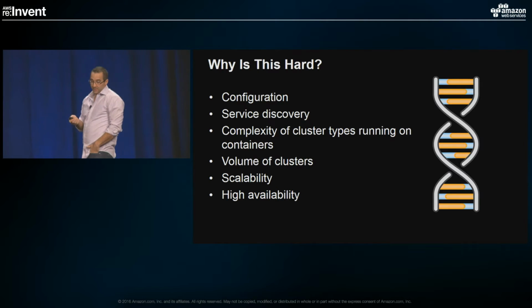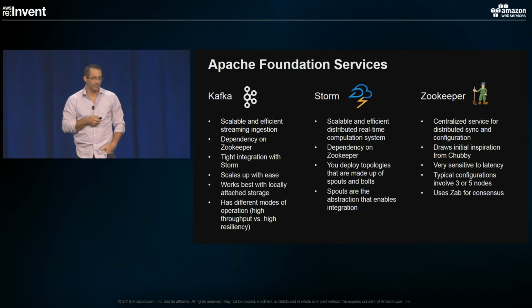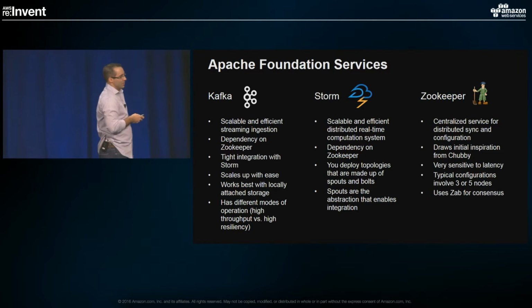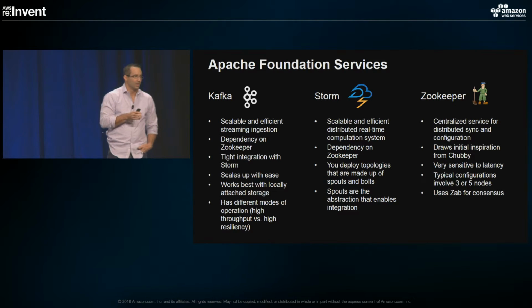And that's where I think the lessons you're going to hear from here are going to be very, very helpful. So not everybody is super familiar with all of these Apache Foundation services. So I'll take a quick minute or so to explain what each one of them are. Kafka,